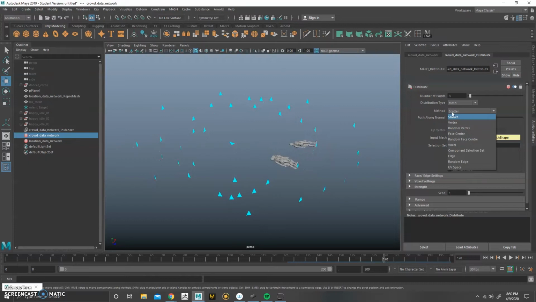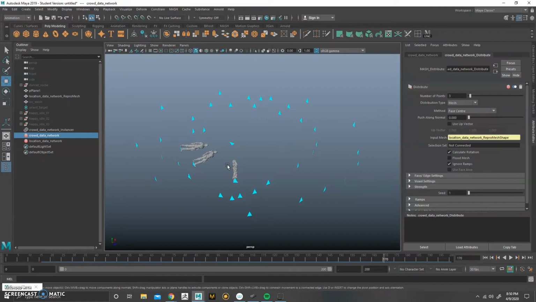So just set the method from scatter to face center. Okay, this is why it's important to have just one face, so that you don't have multiple instances being propagated on the same piece of geometry, right? So if you just have one face on the point that you're propagating around your scene, you won't have that issue. So that's good. We'll set the number of points up to